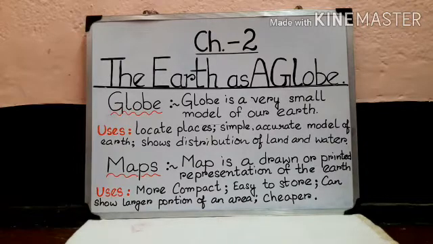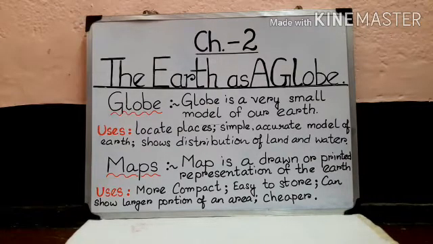The globe helps us to know many things about the earth, right? The globe gives us an idea of the shape of the earth. Firstly, it gives the idea of the shape. What is the shape of the earth? It is spherical like a ball, okay? So, firstly we get the idea of the shape of our earth. That is, it is round in shape, okay? That the earth is round.